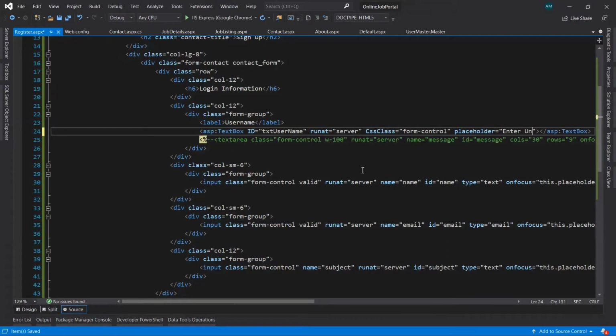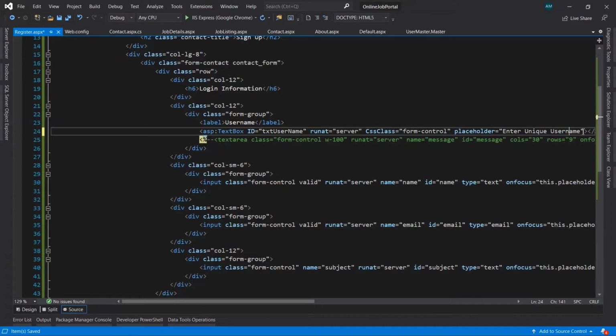We are going to take here the username, which should be unique for every user. So that's why we have given a message inside the placeholder, enter unique username.